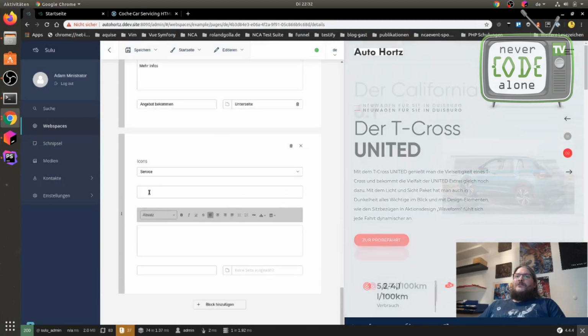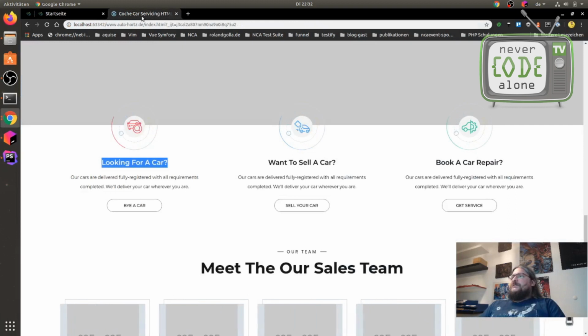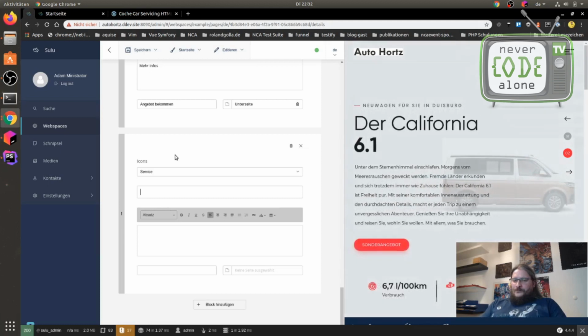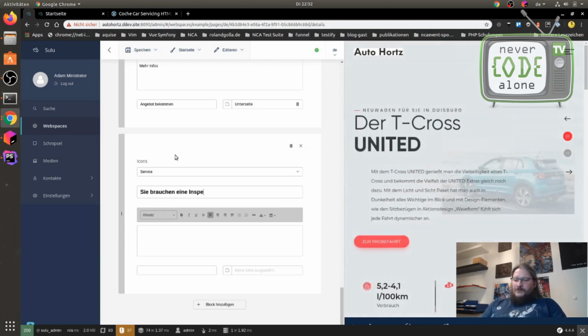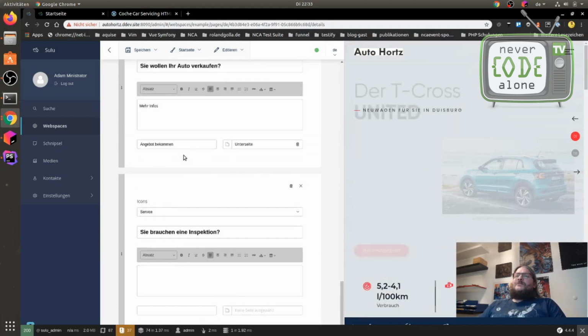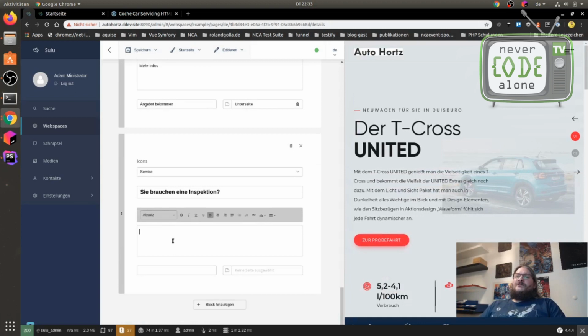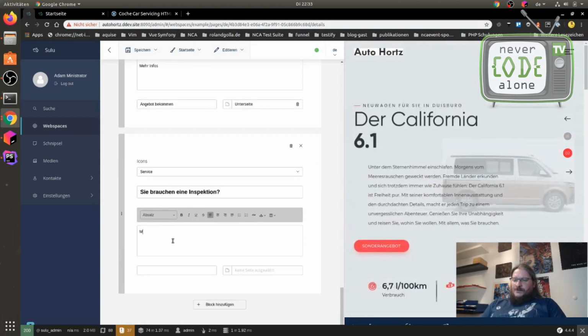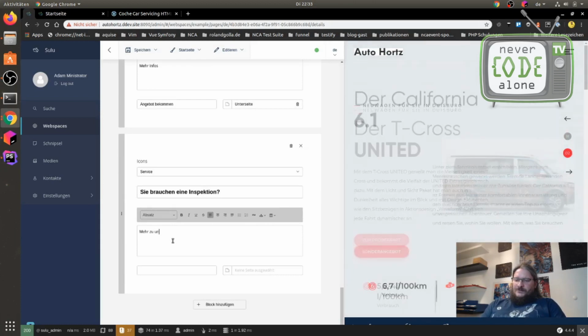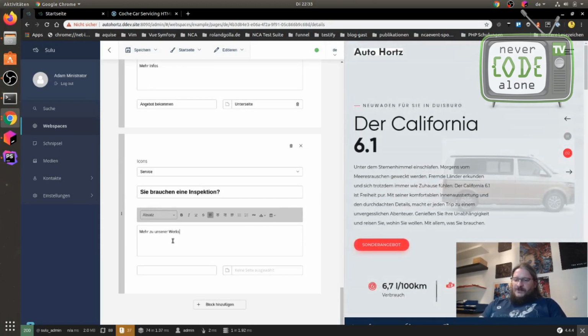What is service? What is it in the template? Book a car repair. Sie brauchen eine Inspektion? Question mark. There are all question marks here. Mehr zu Werkstatt.